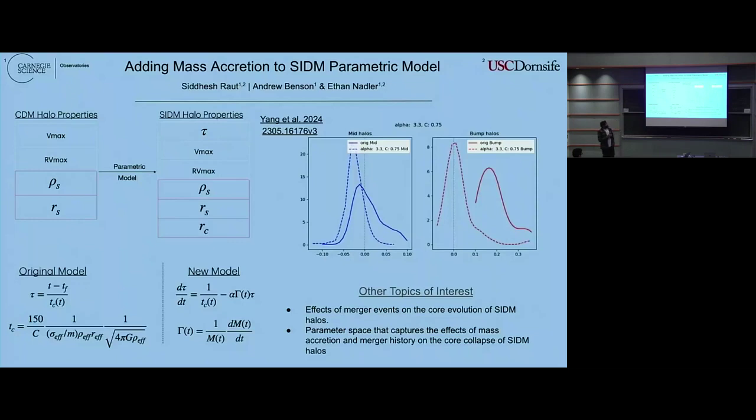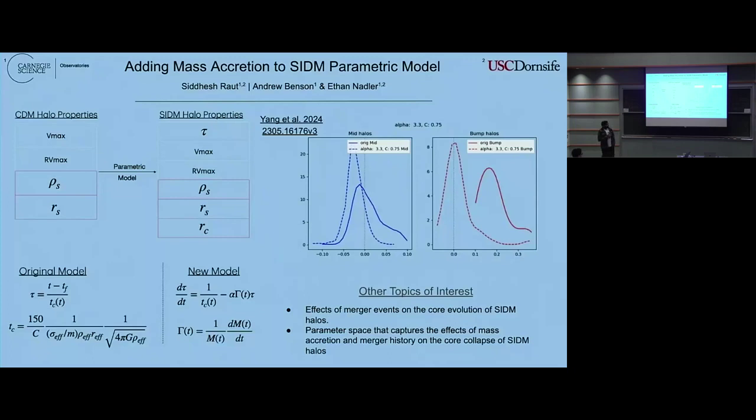This parametric model basically lets us take CDM halo properties like Vmax and RVmax and create a hypothetical SIDM halo. The model is really good, within like 10%. There are some halos in some simulations for which the model overpredicts core collapse sooner than expected. I'm looking into adding maybe some effects of mass accretion rate into how the model works to converge those results. There are some promising results, so that's basically what the poster is about.